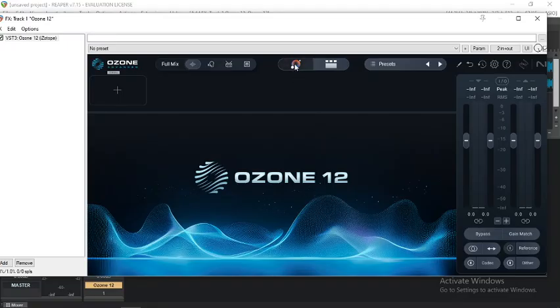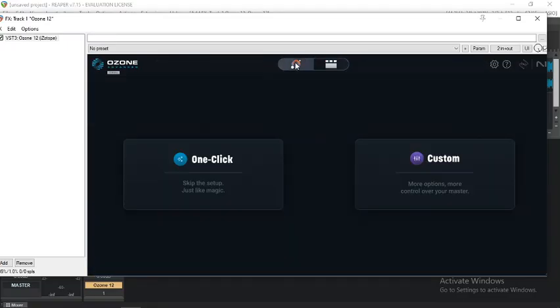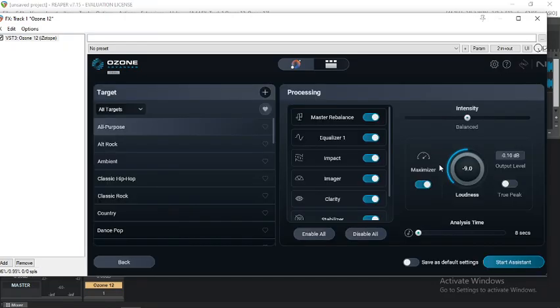Now this is one of the new things that I'm really pleased with. You can do the setup, or it just says, we got you, skip the setup, just like magic, and killing your CPU. Or you can go to custom, which from 10 I did not like, because in 8 and 9 they give you the option, like, do you want this for streaming, do you want this for something else. But when 10 came, it was like, no, we don't care, we got you.